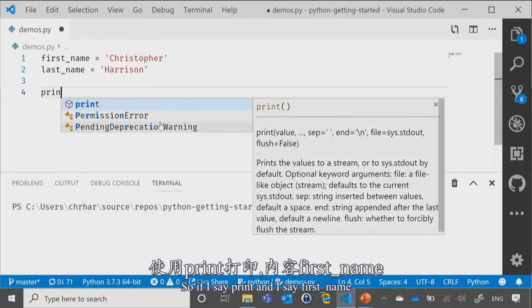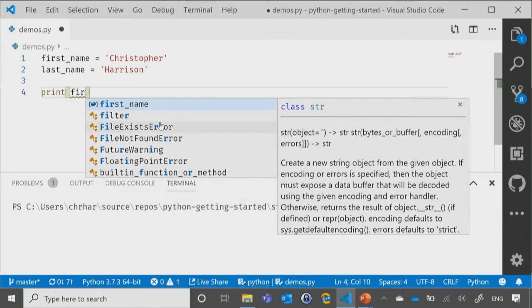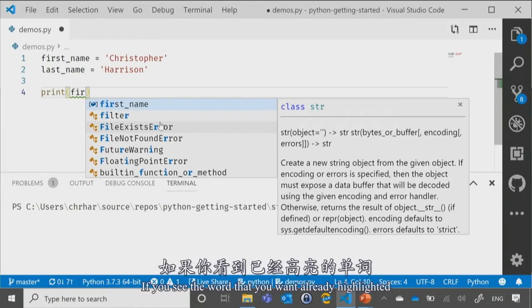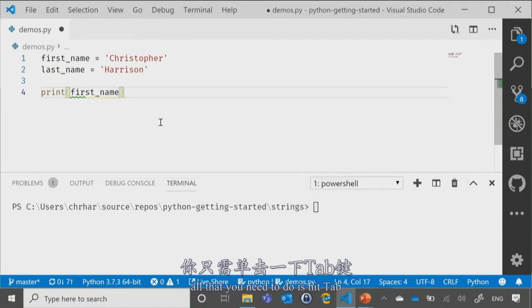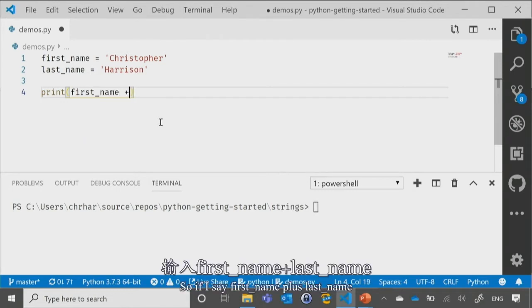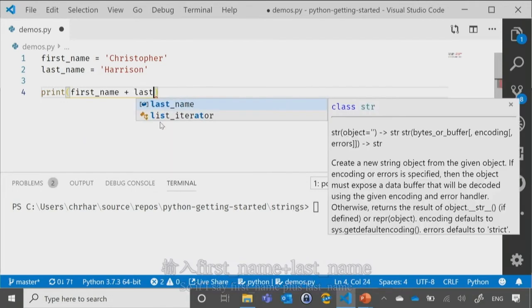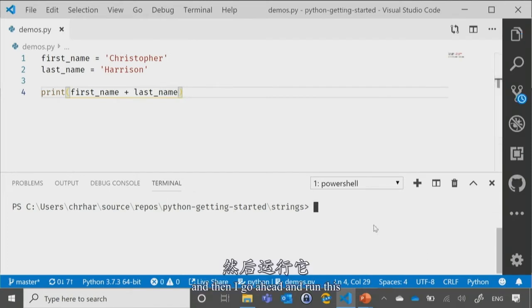So if I say print and I say first name, and by the way, a little IntelliSense bit of functionality for you. If you see the word that you want already highlighted, all that you need to do is hit Tab, and that will complete it out for you. It'll save you a little bit of typing. So if I say first name plus last name, save this, and then I go ahead and run this,